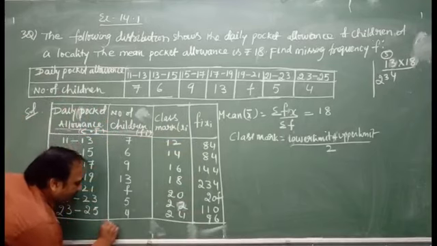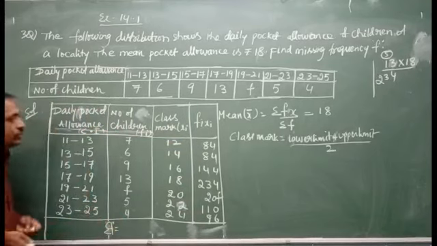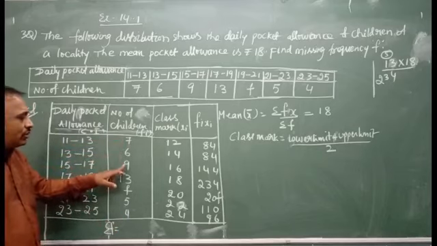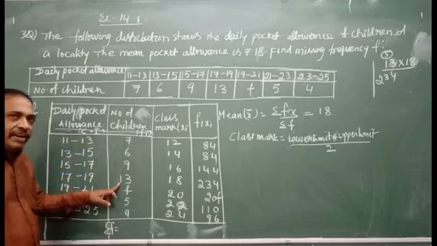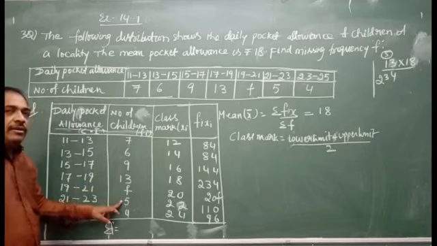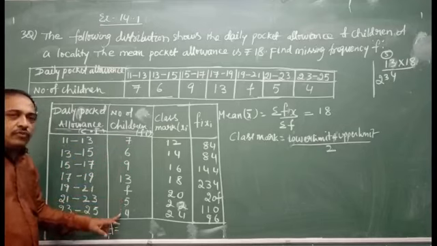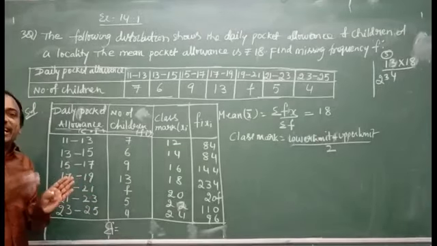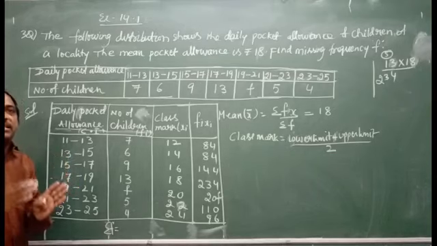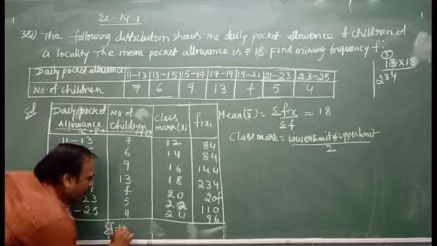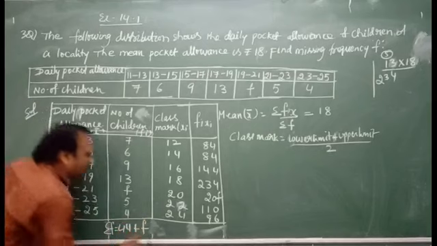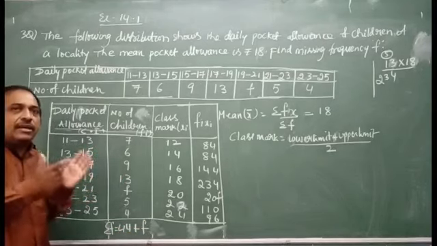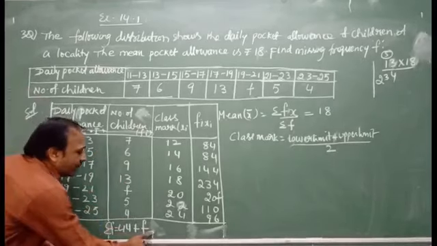When you add these values, sigma f is equal to 7 plus 6, 13. 13 plus 9, 22. 22 plus 13, 35. 35 plus 5, 40. 40 plus 4, 44, and this is a variable, so a variable cannot be added directly. We write 44 plus f. As we know, a variable and a constant cannot be added directly. We just write 44 plus f. This is the sigma f value.